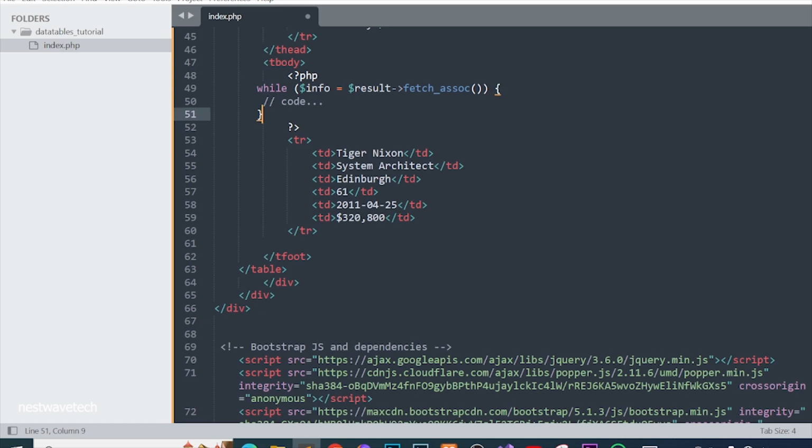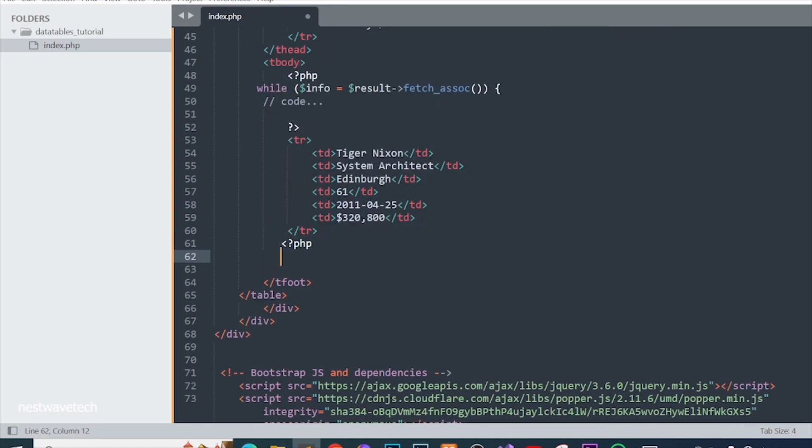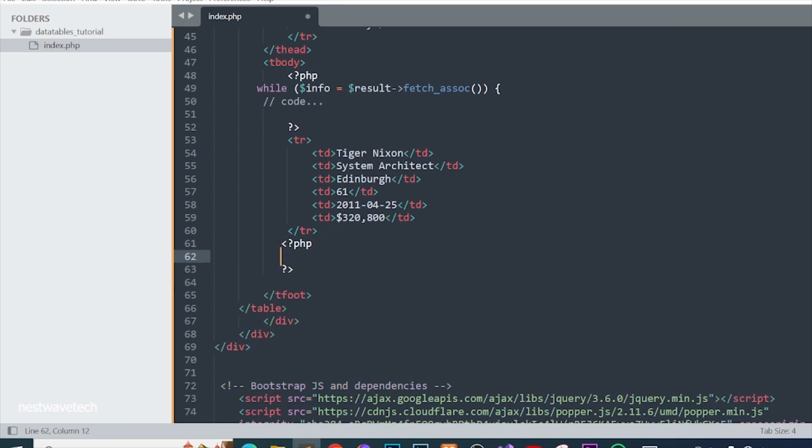So for that case, I'll remove this closing brace of the while loop, and I put it at the end, but I'll need to define a PHP tag here because we are coming out of PHP. I'll be able to explain that after. So I'll just close this from here. So here, this is HTML code. So HTML code is sitting within the PHP code. That's why, with the while loop, we've decided to